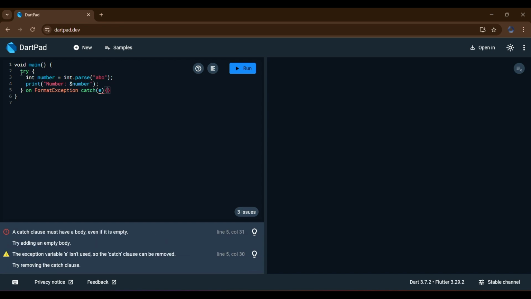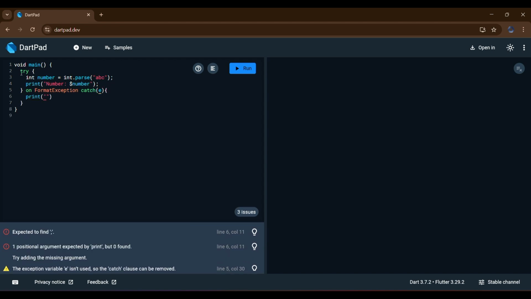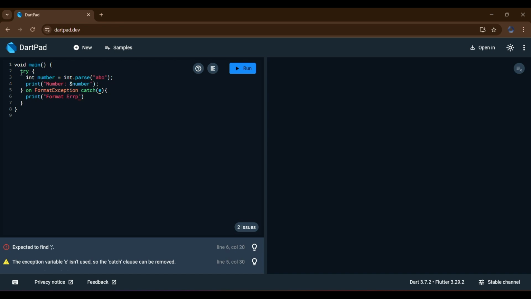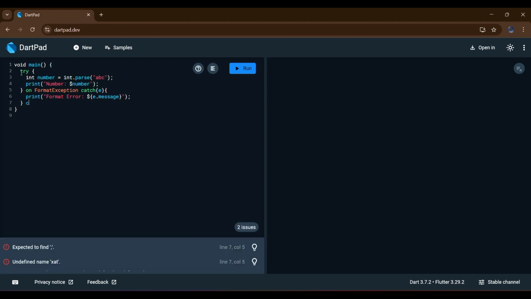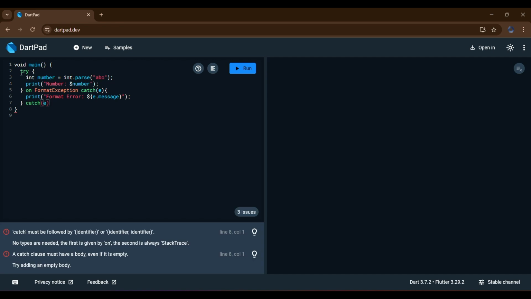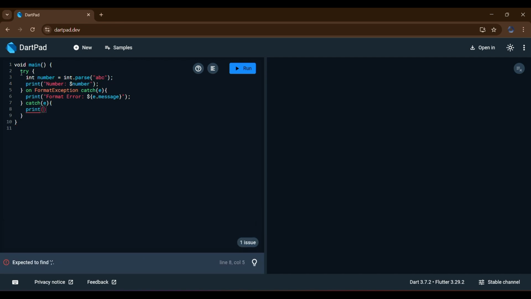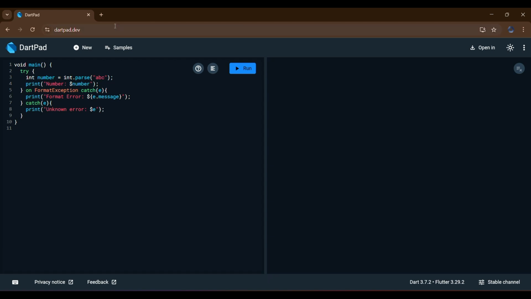Additionally, we include a general catch E block to handle any other unexpected errors. However, in this case, since the error is a format exception, the first block executes, displaying the message. Using specific exception handling like on FormatException is a best practice because it allows us to manage known errors separately while keeping a general catch block for any other